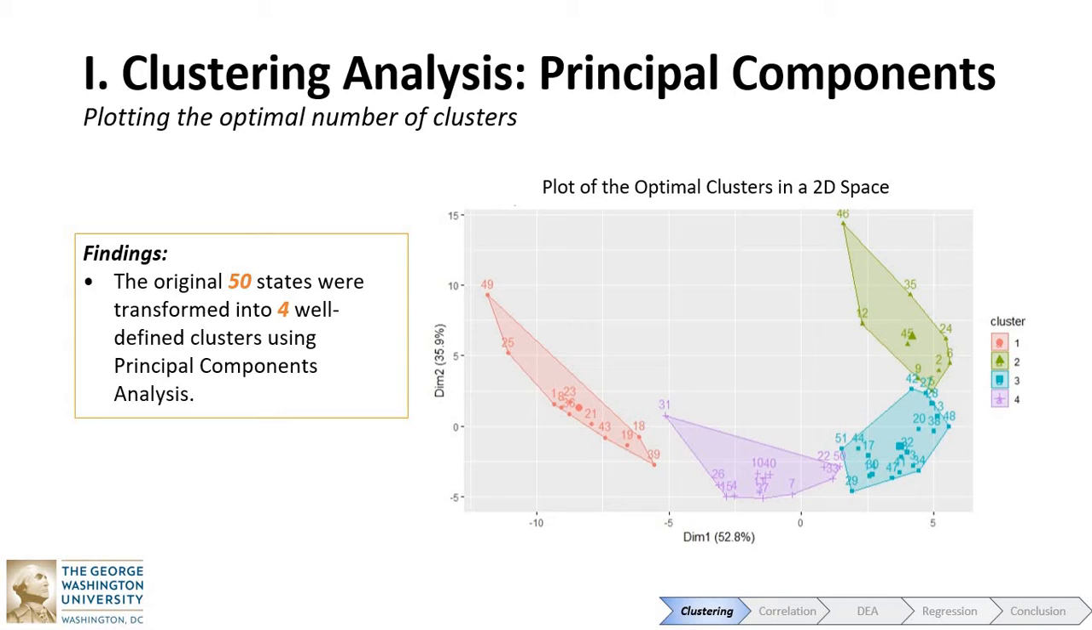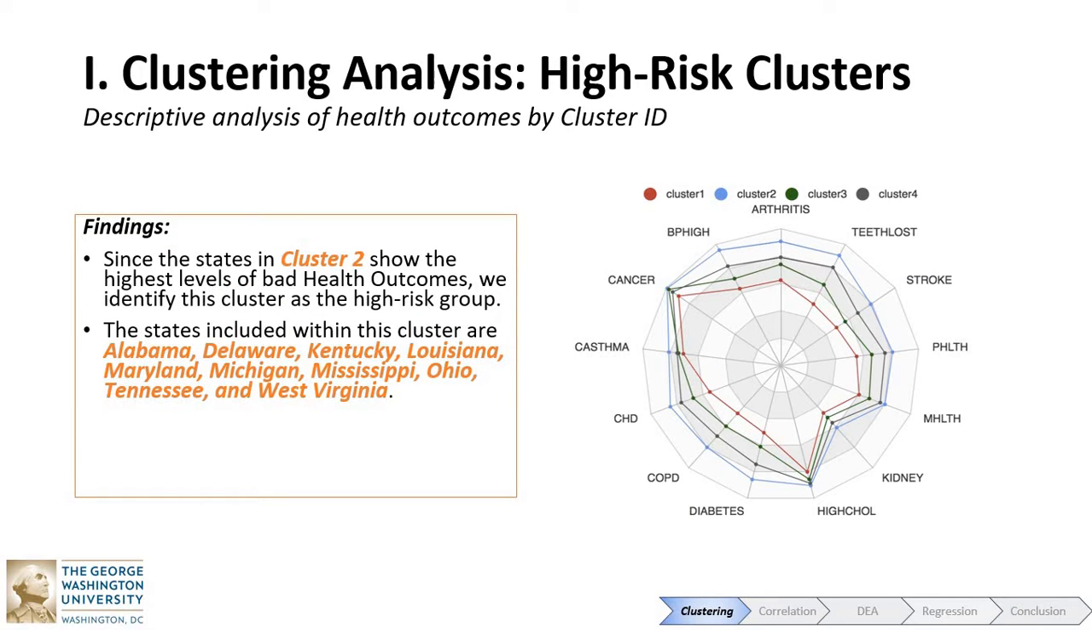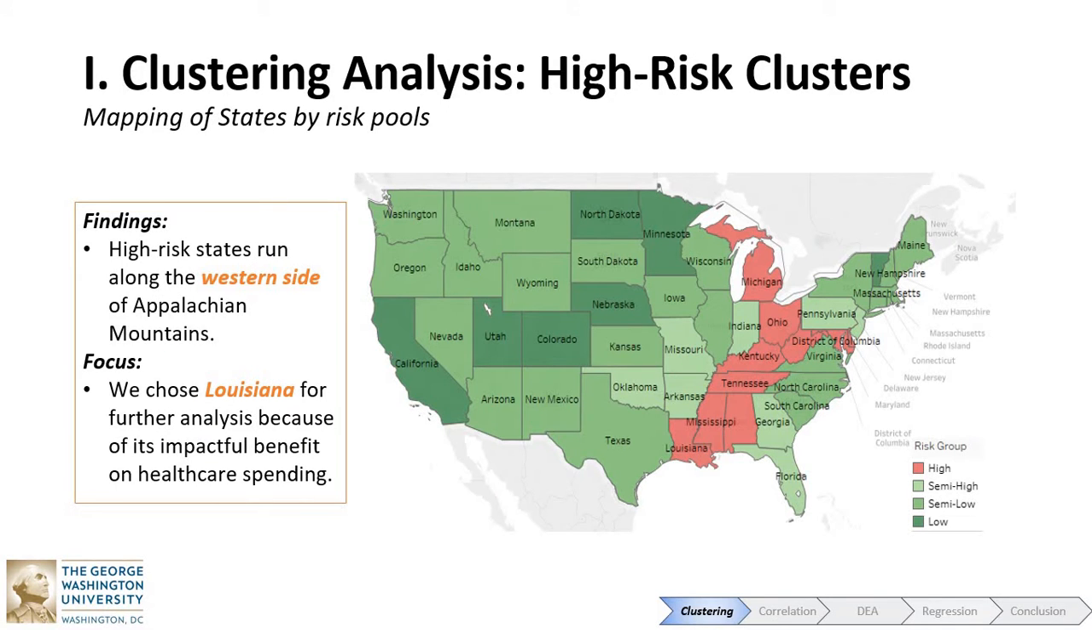And it's important here to capture the cluster ID because we can then use that cluster ID to find some descriptive statistics of our original data, which shows that for all health outcomes, the cluster 2 shows basically the highest level of issues based on the means. So we identify this as the highest risk cluster, which gives us a handful of states, which we can then